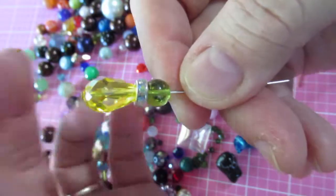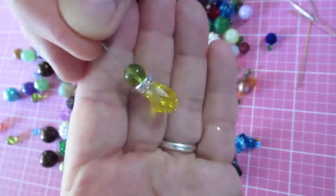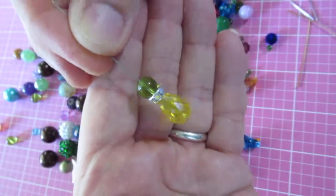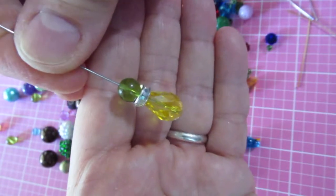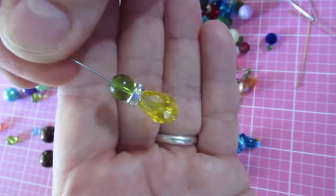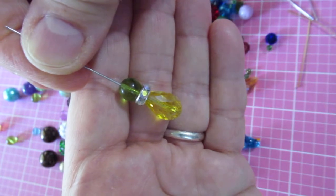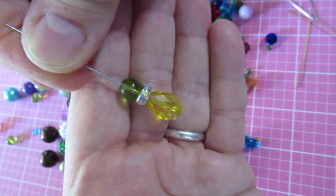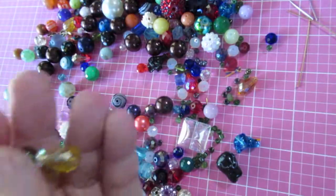Or you could put the drop the other way too, but there's no right or wrong. Whatever you like. That's the fun part of making your own jewelry. And that's the thing. If you like this drop and you have 2 of each bead and 2 of the spacers, you can make a pair of earrings. And the best part of making your own jewelry is you can make a pair of earrings for every outfit you have. And no 2 have to look alike, because you can use all kinds of beads that you take